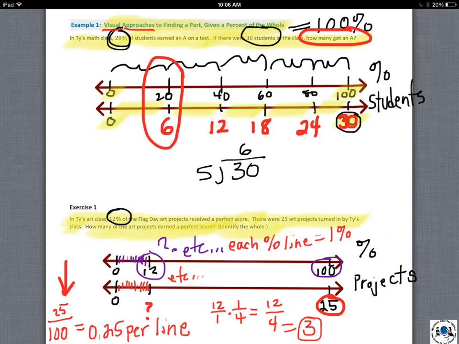Therefore, if we take these 12 lines, this is the 12th line right here, and we multiply those 12 lines by 1/4, because each of those is worth 1/4, we get 12 over 4, which is